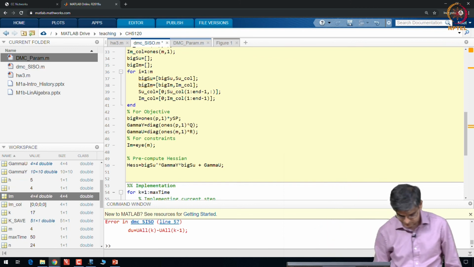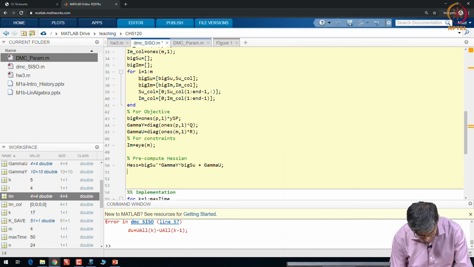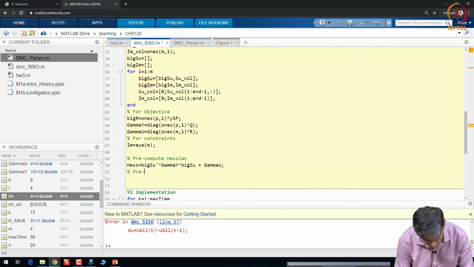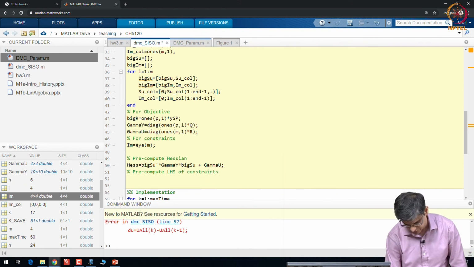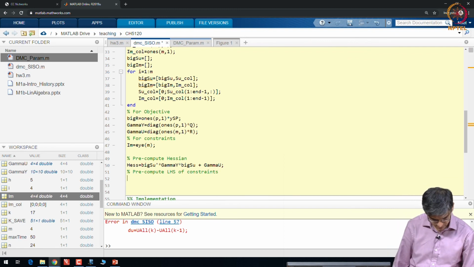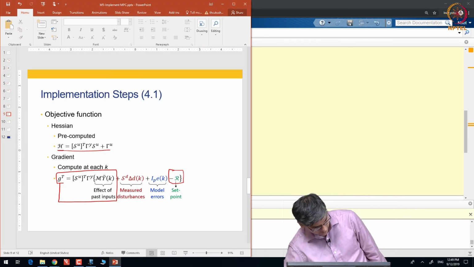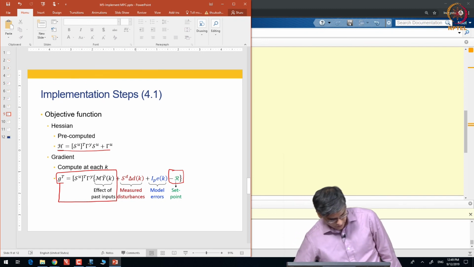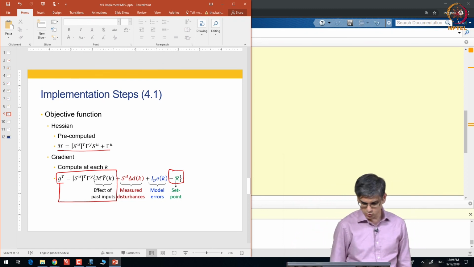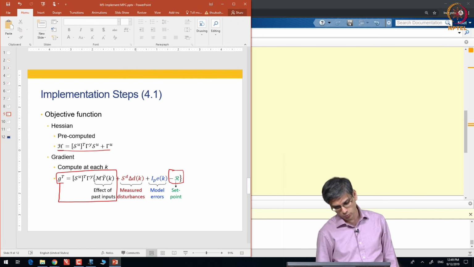We compute LHS of constraints as well, we will come to that later. At each step, we will have to compute the gradient, which is SU transpose gamma y.